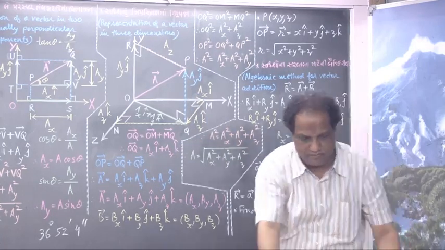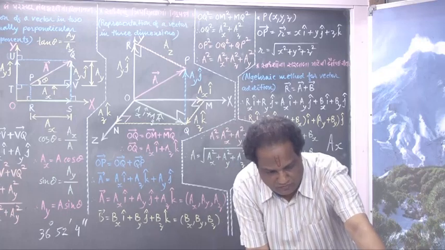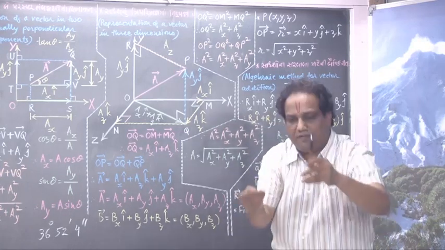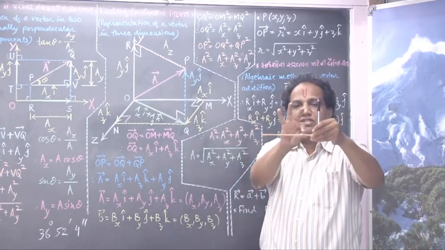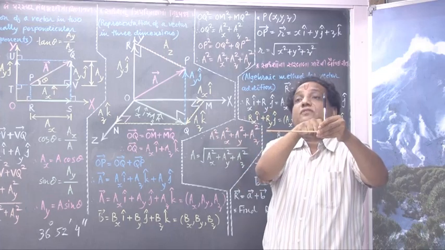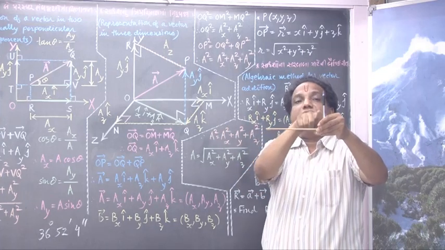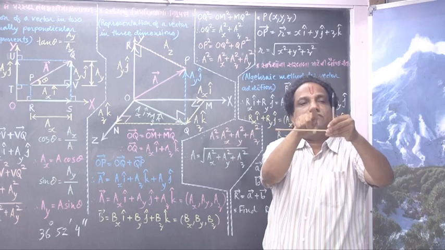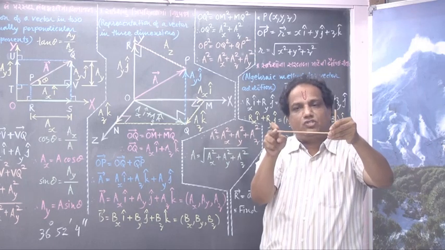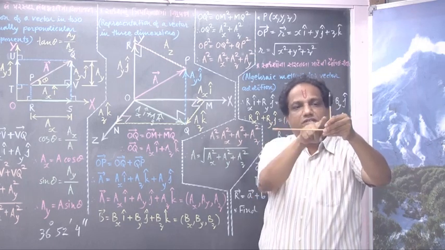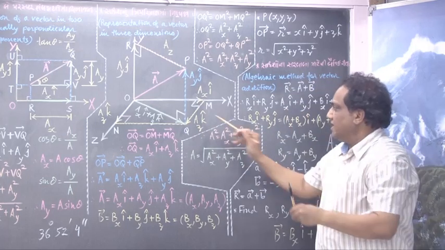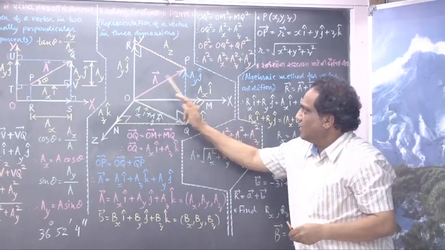Give me another ball. Any content will do. Give it fast. Come on. This is horizontal. This is vertical. What is this angle? 90. So this is OP, and this is a right angle. And this is OP. Okay?